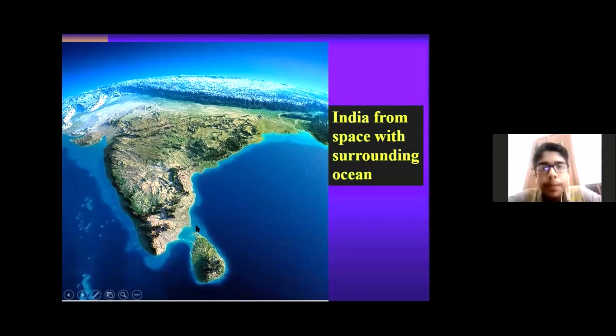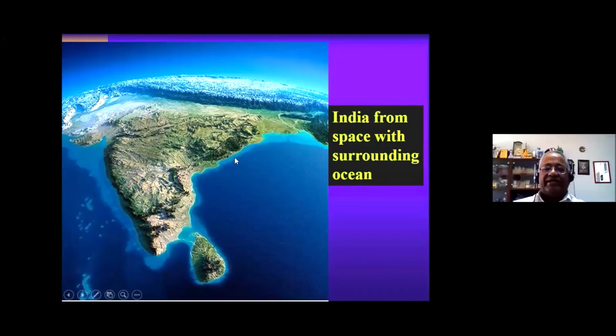The lighter color indicates shallow water. These are all shallow waters because every river discharges sediments, and they have been doing so for millions of years. So sediments finally go to the sea, slowly settle and create shallow areas. This is called the continental shelf. All these things an ocean engineer learns.